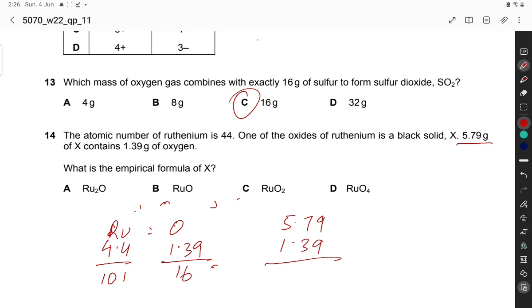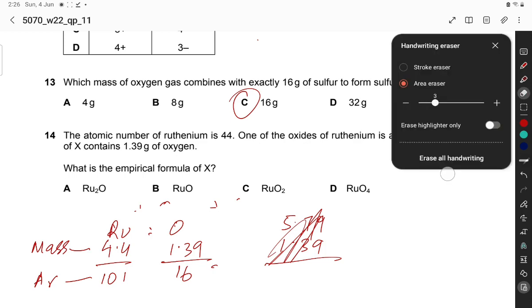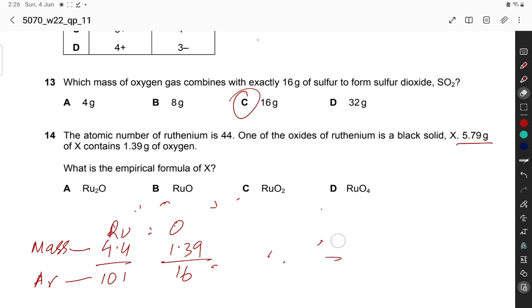Now by calculating the mole, this is mass and this is AR, sorry. So the mole is 4.4 divided by 101. So this is 0.04 mole, ratio